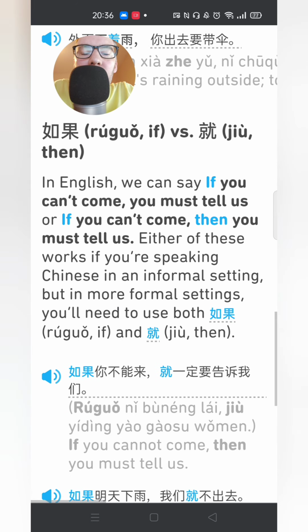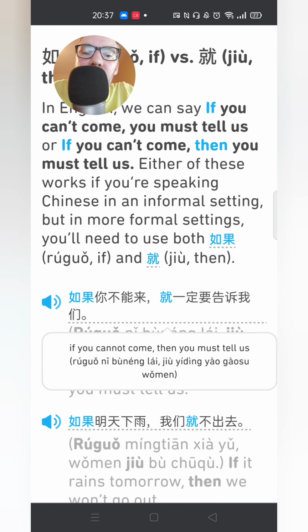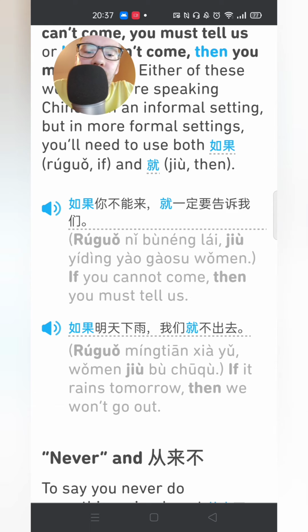如果, I love 如果. If versus 就, then. In English we can say, if you can't come, you must tell us, or if you can't come, then you must tell us. Either of these works if you're speaking Chinese in an informal setting, but in more formal settings you'll need to use both 如果 and 就. 如果你不能来，就一定要告诉我们.